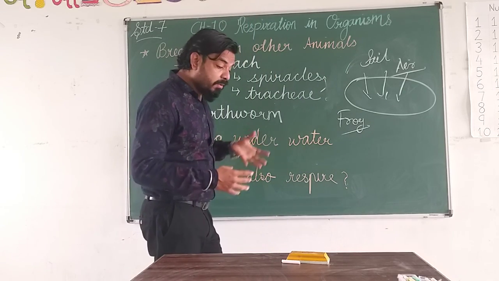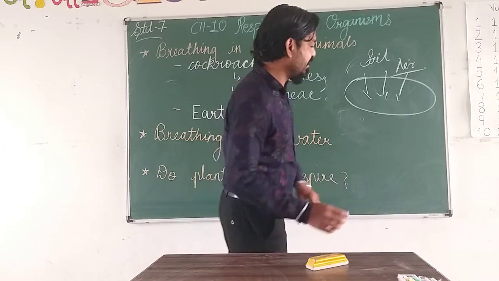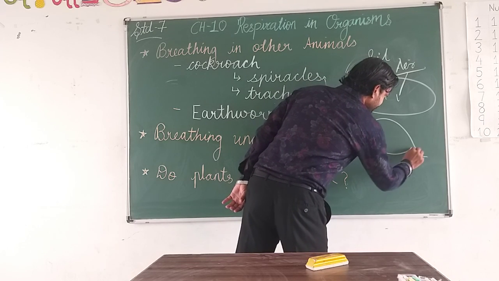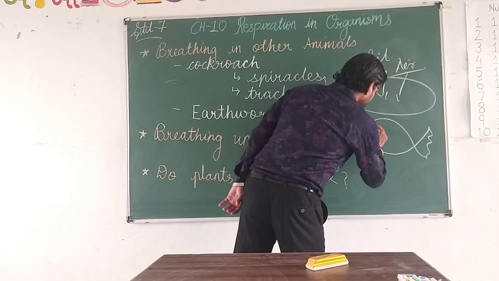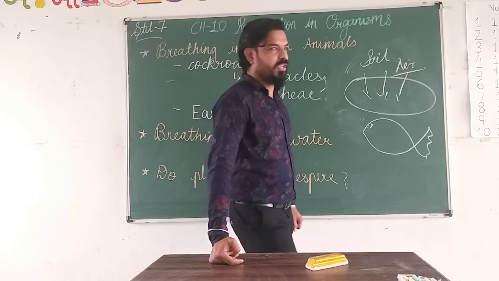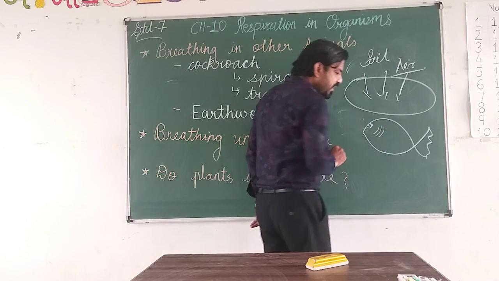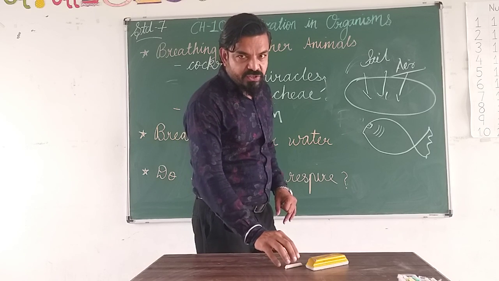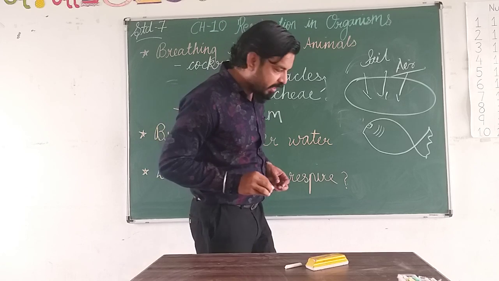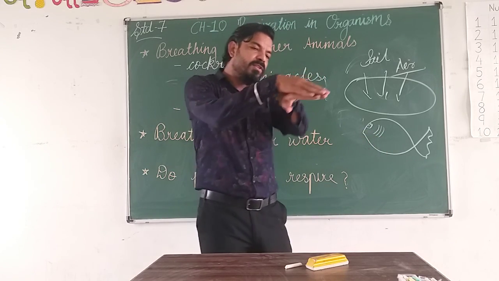Now, one more very lovely. What is this? Lovely. What is lovely? Because we all love this, is it? Yes or no? Yes. This is fish. Okay. Now what does fish have? Here you can see some kind of a structure which is a gathered muscular part of skin. Okay. The muscular skin, like that, there are lots of skin parts here,